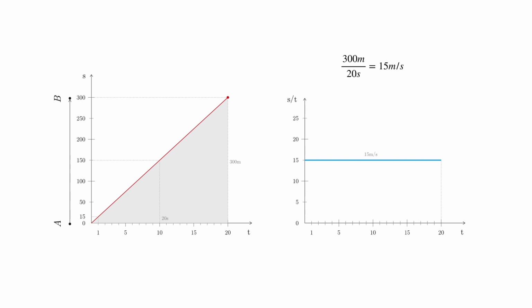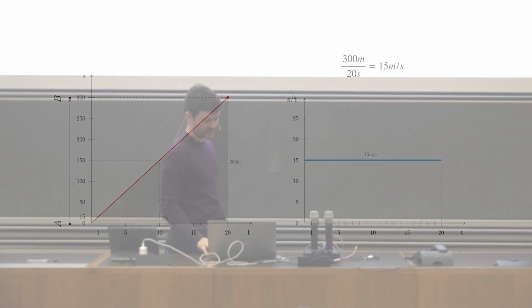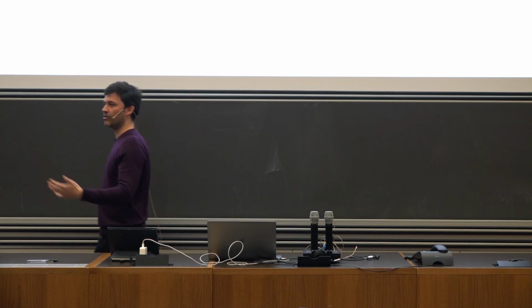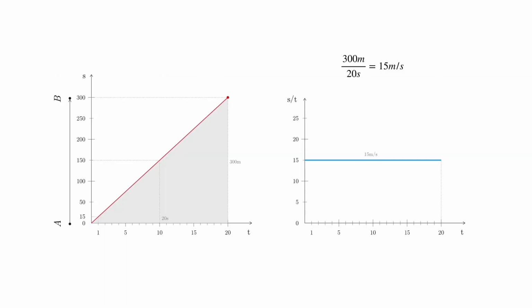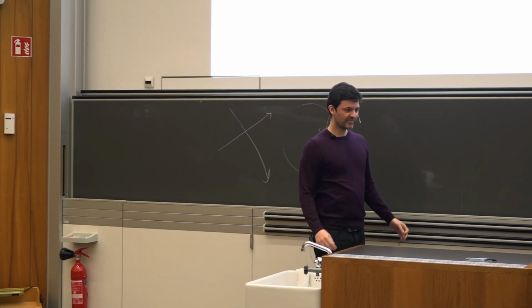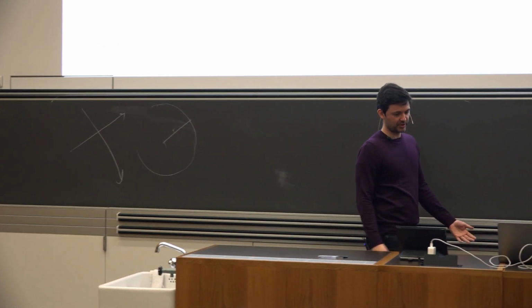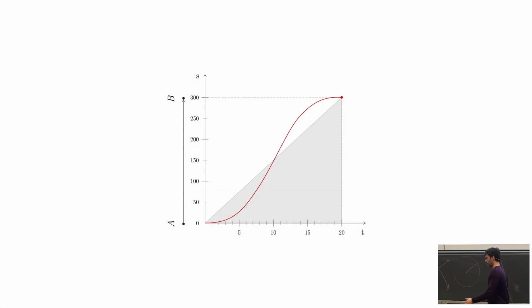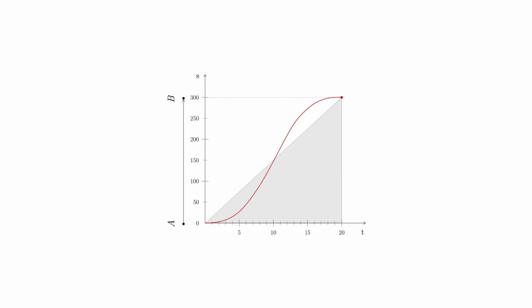And now if we plot this, if we put two graphs next to each other, then we see that our average speed is actually a constant. It is a line which is horizontal, which means that any time during these 20 seconds, we have constant speed. But in reality, that's not, of course, the case. In reality, you cannot just instantly go at 15 meters per second unless you are already moving 15 meters per second, and then someone can just capture a few seconds of your constant motion. In principle, what you need to do to go from A to B is to start from 0, then go at a certain speed, and then slow down and stop. Yeah, so go back to 0. Which then gives you what?